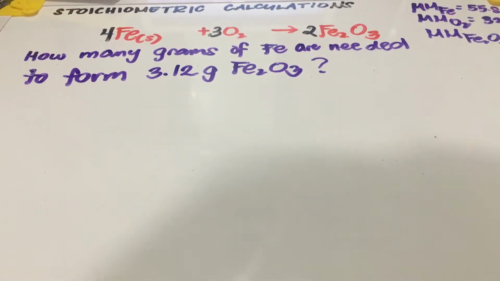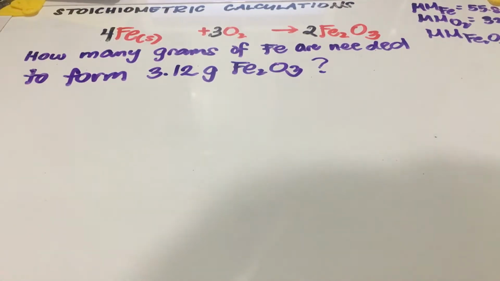Hi everyone, so this is a continuation of stoichiometric calculations part 2. If you've noticed, a while ago we ended up with mole to mole conversions. Now this time, what happens if we have a mass to mass stoichiometric calculation? Still, we are given the same balanced chemical equation as what we had in the previous